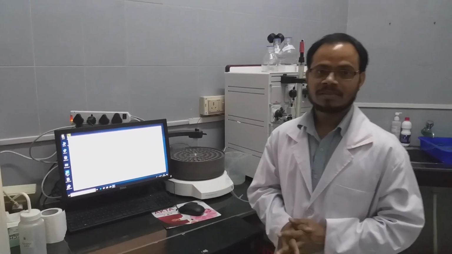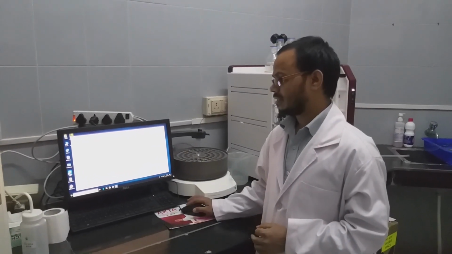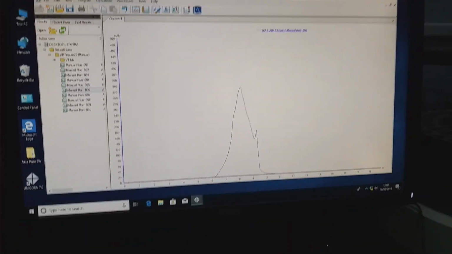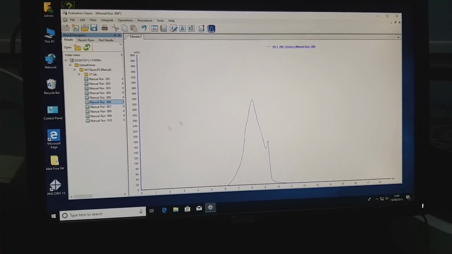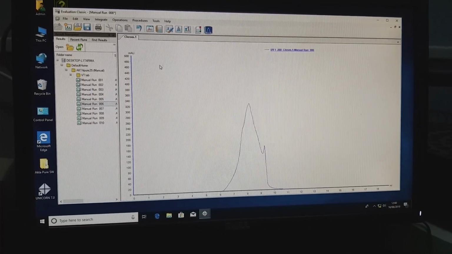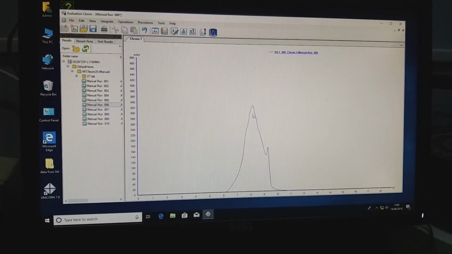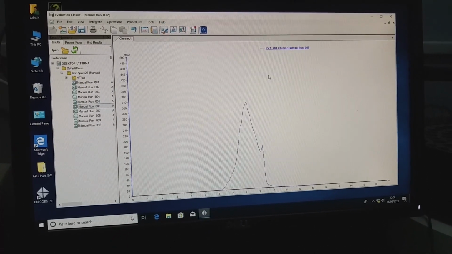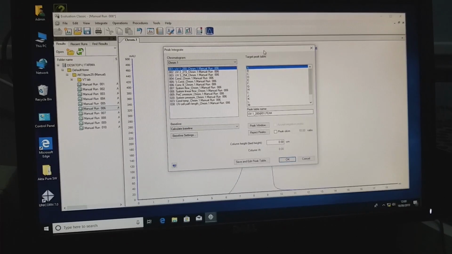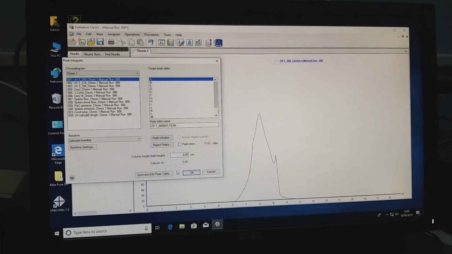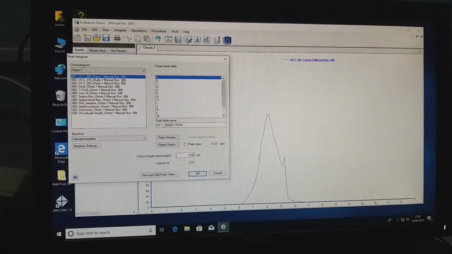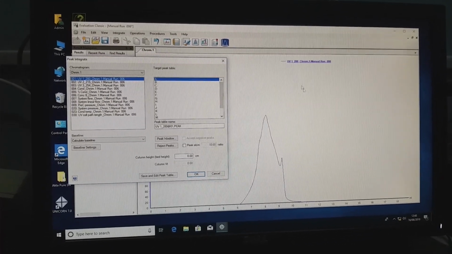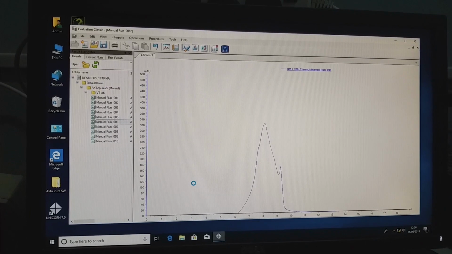So once the gel filtration run is over, we have to analyze the results. So this is the software we will use for the evaluation purpose. So we have to open the chromatogram which you want to analyze. We have already opened it. This is the chromatogram we ran recently. So we have to analyze peaks. The peak integrate option is there. Just say which one you want to analyze, UV 280 nanometer or 215. We have only 280, so let's say analyze.